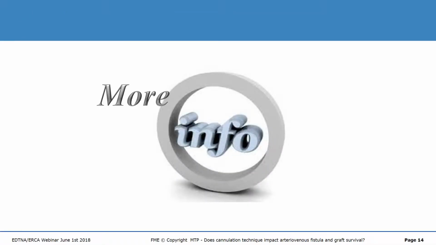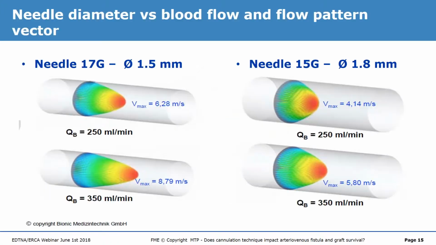Now let's go to the specific part 2 of the webinar and presentation. Here is an in vitro evaluation that Bionic Medicine Technique from Germany did to see what happens inside the venous part of the vascular access when the blood is returning to the fistula. If you are using a needle of 17 gauge, so a very small needle, with a QB of 250 milliliters per minute, the blood is returning inside the fistula at a speed of 6.28 meters per second. So quite high speed. And imagine if you increase the QB to 350, the speed goes up to 8.75